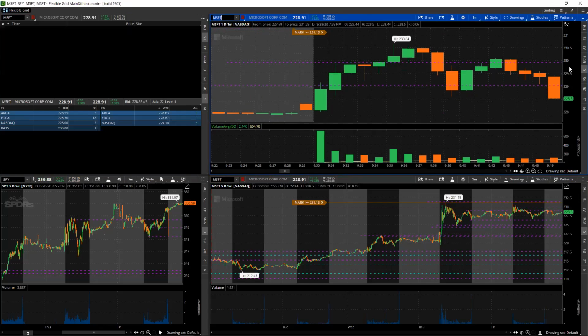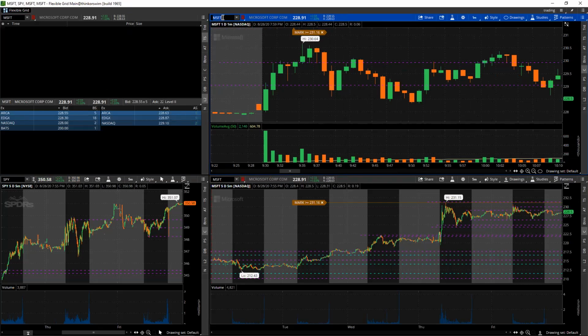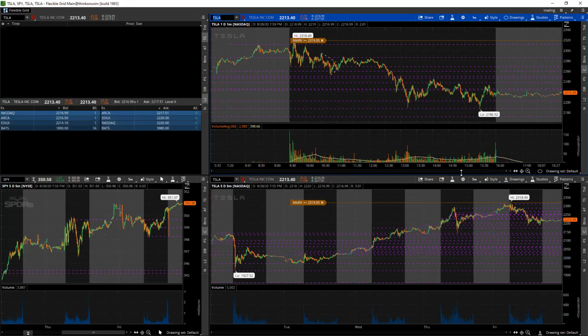So on MSFT, what happened was I saw this original thing. I got in right here as it broke out. I sold some up here. And the second I see that it pushes up and it fails one more time, I'm out. That's the same concept as when you're getting in the first time. So I think Tesla has a really good example of this a few days back.